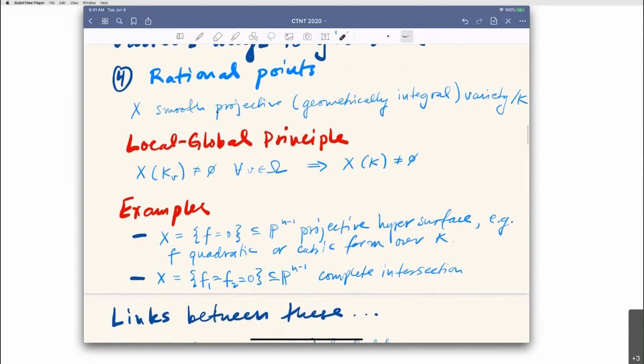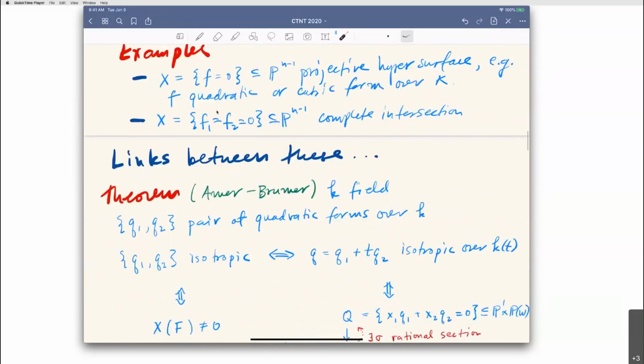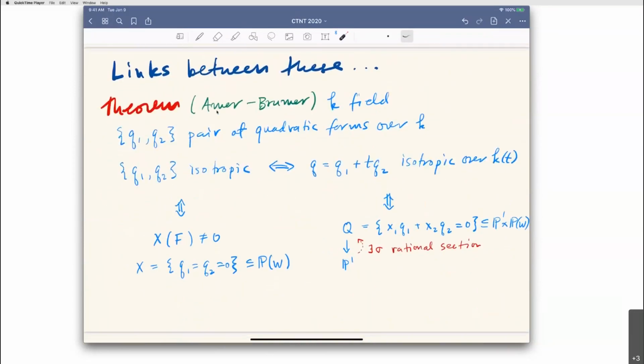Okay, so there are various links between these, and one of the links is a theorem which is commonly called the Amer-Brumer theorem these days. It's got a long, interesting history, and there's a survey paper by David Leep which explains this history, but I'll just refer to it as Amer-Brumer. So the theorem is as follows. It's a theorem about quadratic forms. It says that if K is a field, and you have a pair of quadratic forms over that field, then that pair is isotropic,